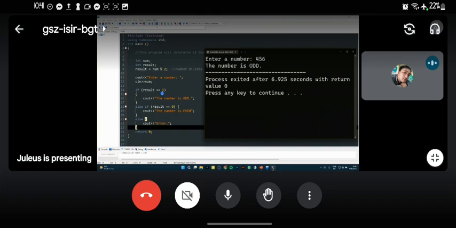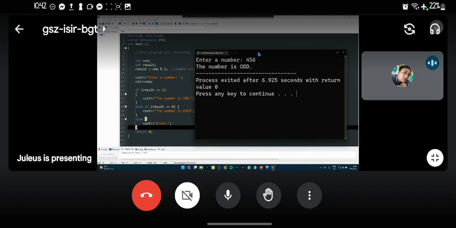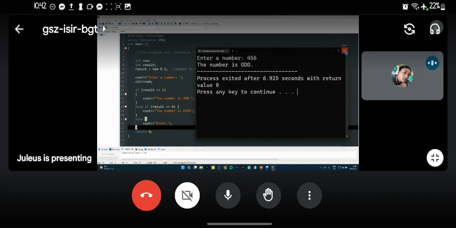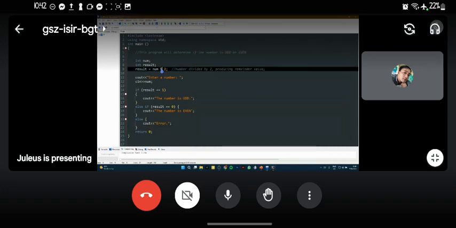Isn't it that you are looking for an odd number, sir? Its result is odd. Right, but the remainder should be 0, right? 2 times 8, remainder 0. So the answer should be even, correct? Yes, sir. Right, but we're only looking for the modulo. The remainder should be what it produces.